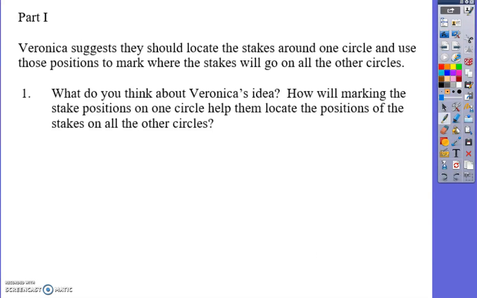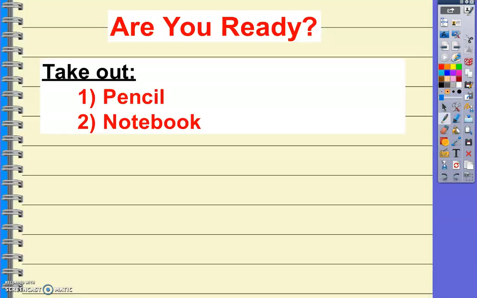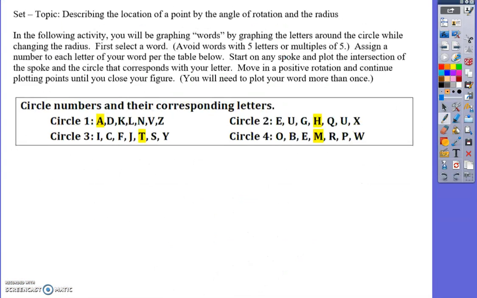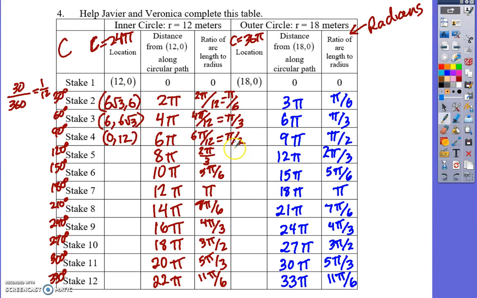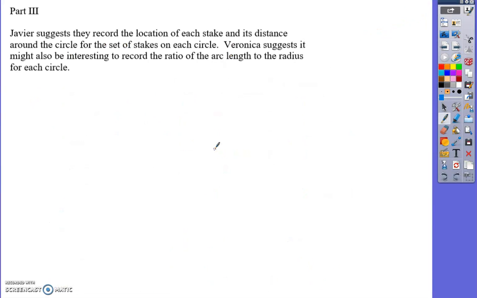Veronica suggests that they should locate the stakes around one circle and use these positions to mark where the stakes go on other circles. And how is this helpful? So if you recall from task 6.6, once we knew where they were on the one circle, we were able to figure out what was going to happen in the other circle because it was following the same pattern. We were taking half of the radius and either timesing by the square root of 3